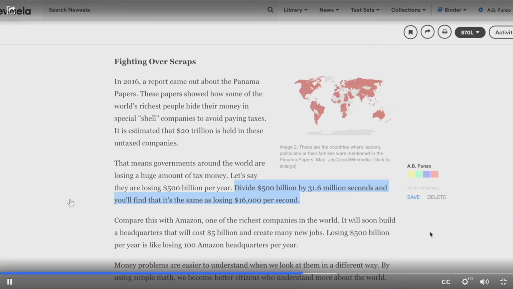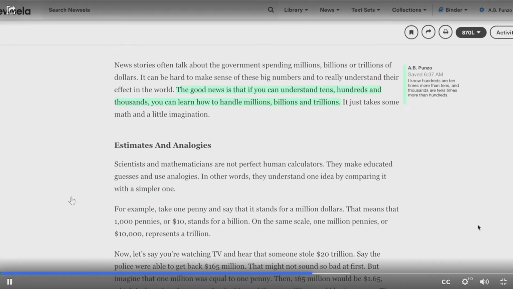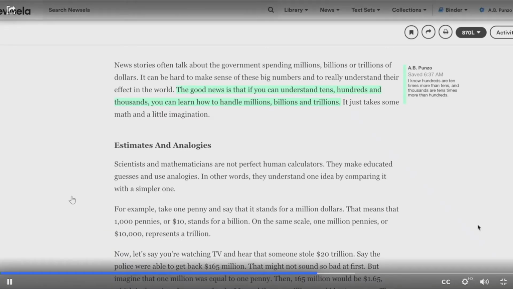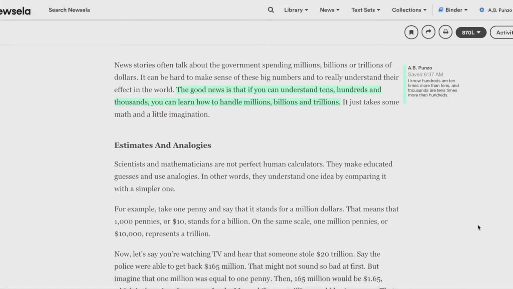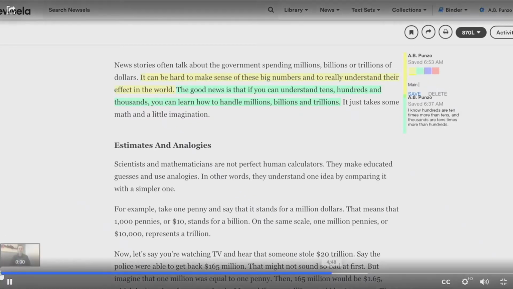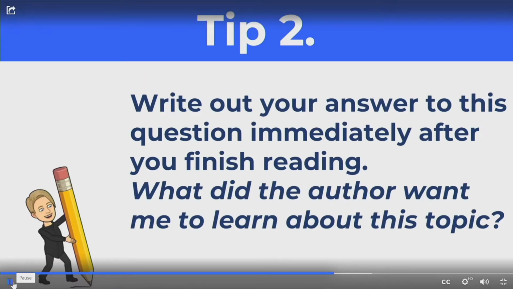After carefully reading and thinking through the points of this article, I'm ready to highlight a sentence that best represents the main idea. This article is really about how it's important to understand the huge difference between millions and billions and trillions. This sentence from the introduction, it can be hard to make sense of these big numbers and to really understand their effect in the world, communicates that central point. Now that I've highlighted a main idea sentence in the text,